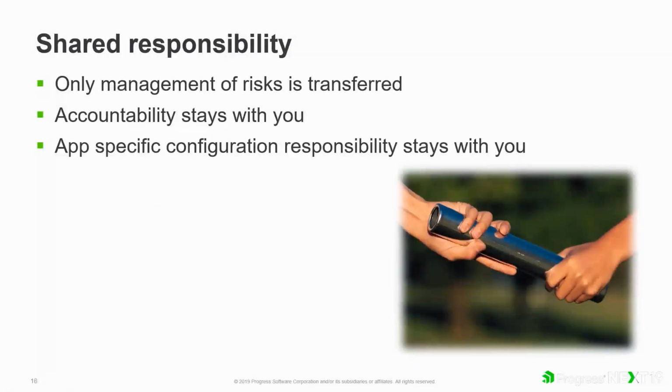The next principle is shared responsibility. During our time at Progress, we discovered that most of our customers were ignoring the fact that when they deploy into a compliant platform that resolves many of the issues, like caring for who has access to physical servers, how that's managed, how that's backed up, and everything associated with hosting a platform, they forget that they bear the responsibility and accountability to configure everything that